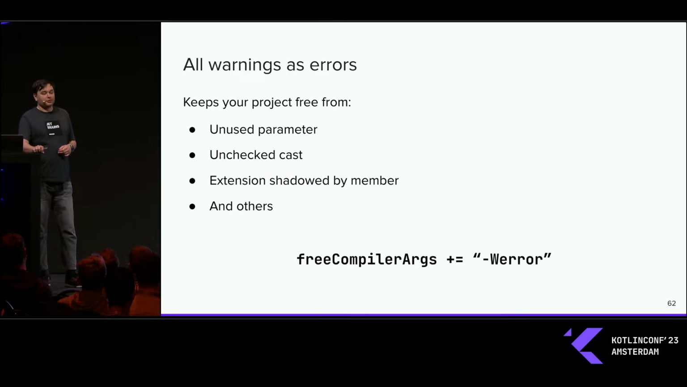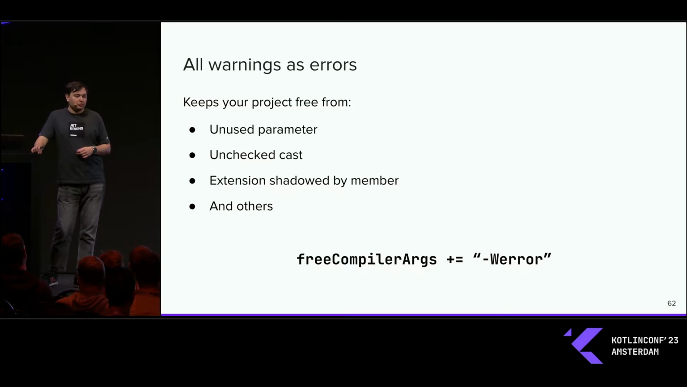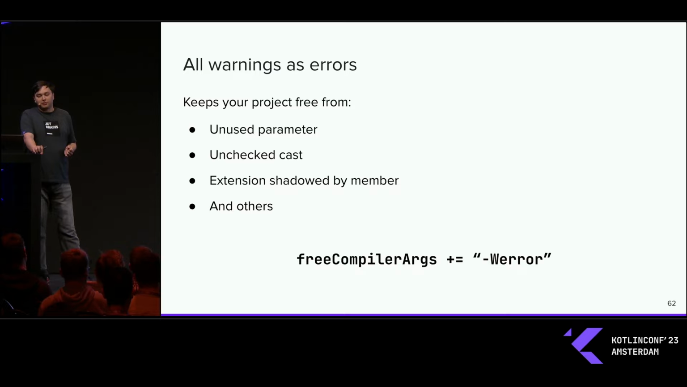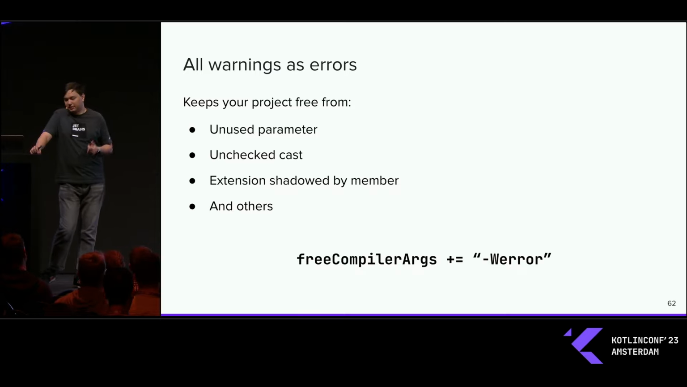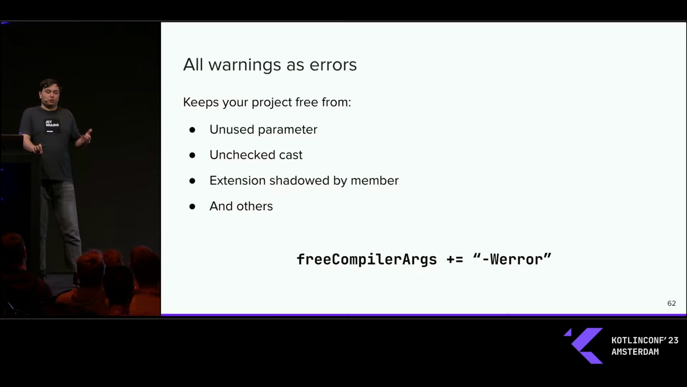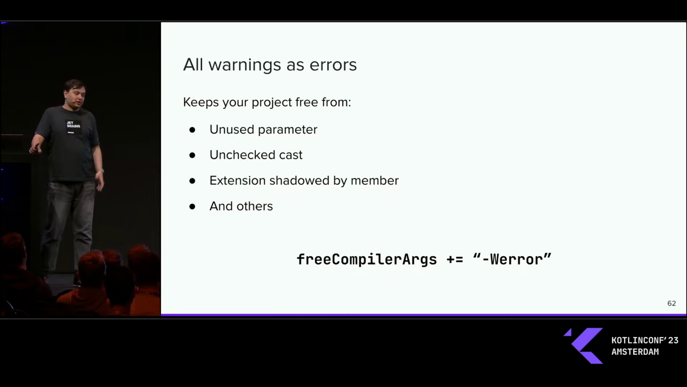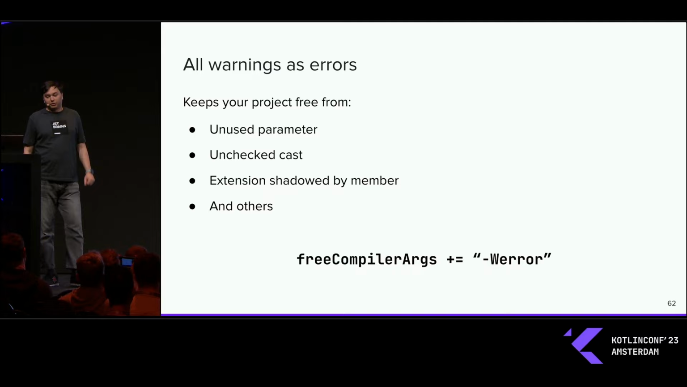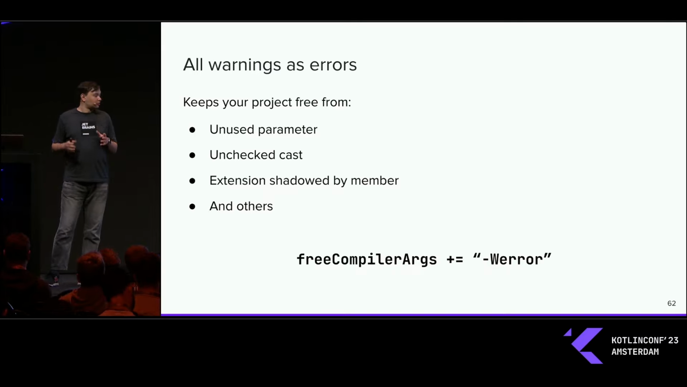And the last setting I recommend you to use is simply allWarningsAsErrors. It protects us from things like unused parameter, unchecked cast, extension shadowed by member, and so on. And sometimes these warnings can affect your public API, so it's better to use allWarningsAsErrors. So to enable it,